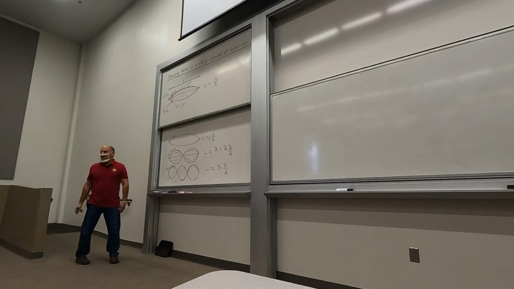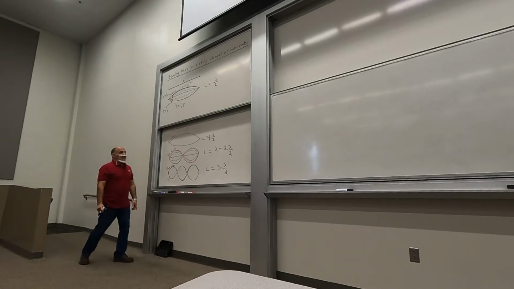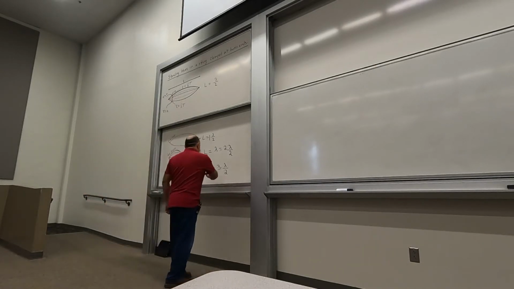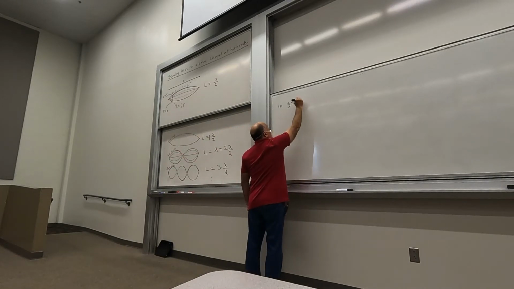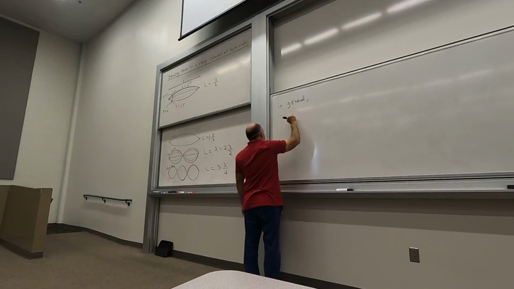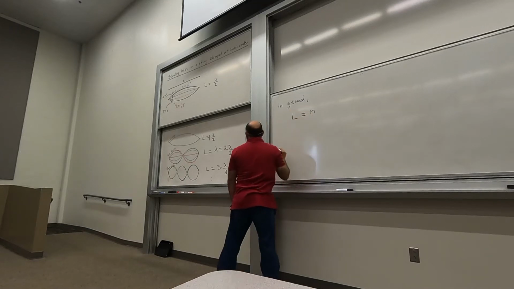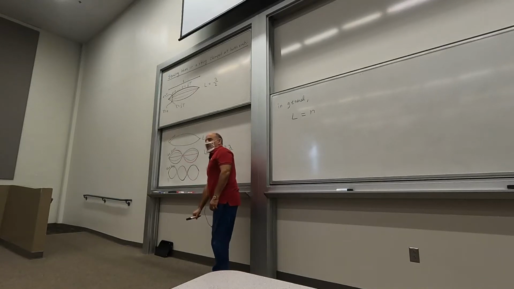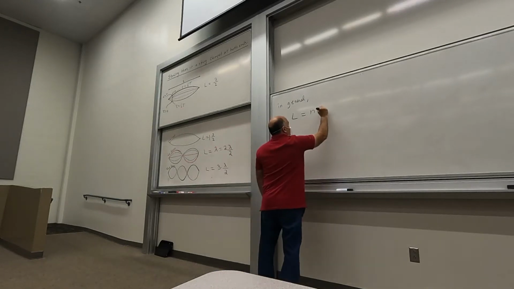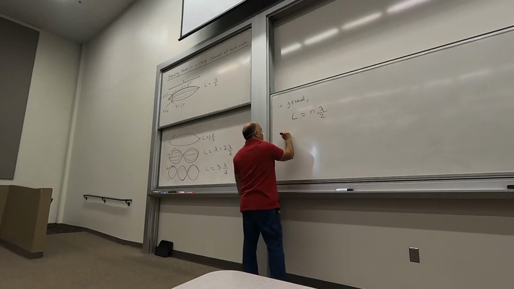And I can draw a 4th one, a 5th, a 6th, a 7th. So I can see that in general, if I continue this, the length of the string is some number, which could be 1, 2, 3, 4, 5, 6, 7, some number n times lambda over 2, where